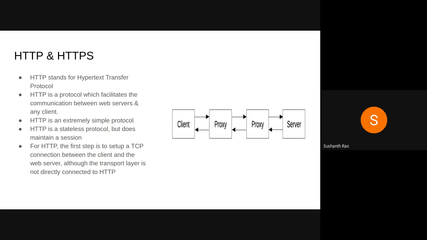Once you get the IP, the operating system and the web server are going to set up a TCP connection. After that, the web server handling your web application will receive the HTTP request sent by your browser. Then the web server will send a response based on the business logic or the code logic that you have in your web application. It will send an HTTP response to the web browser, and the web browser will render it or do whatever is instructed in the HTTP response accordingly.